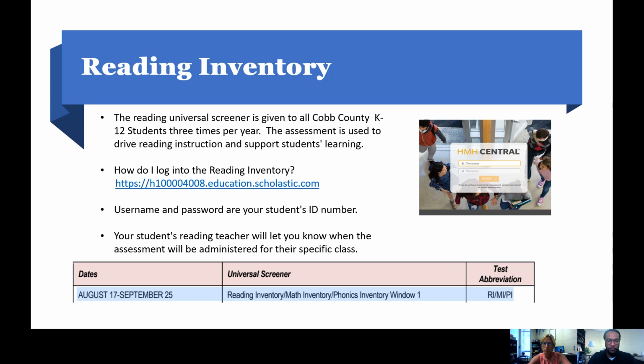And then one other thing that's important, when it comes up, it's called the SAM, the Student Achievement, and it'll give you an RI icon and it'll give you an MI icon. You need to do both assessments. They're both the same time window. They're both the same dates. And Mr. Langston did a great job of covering some of those strategies, so they definitely apply to both of the instruments.